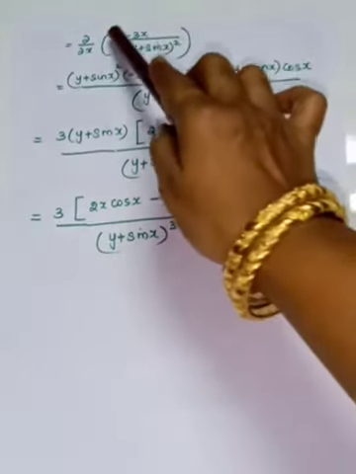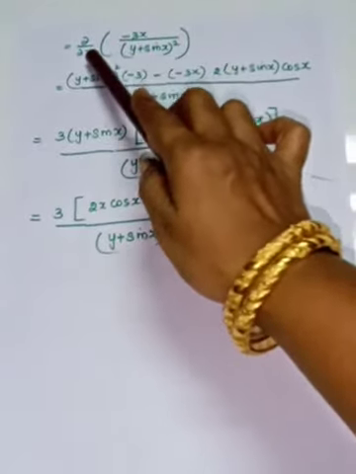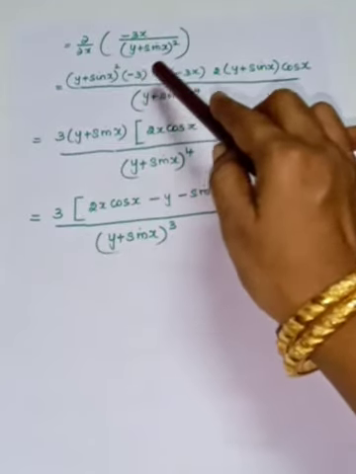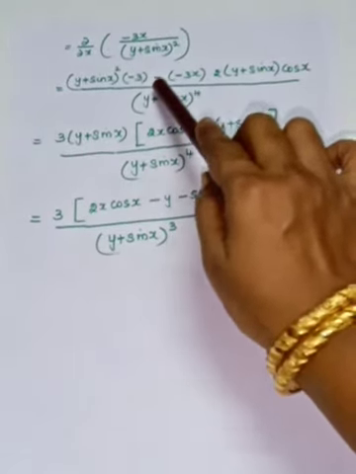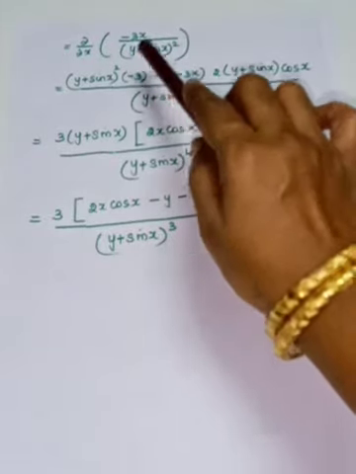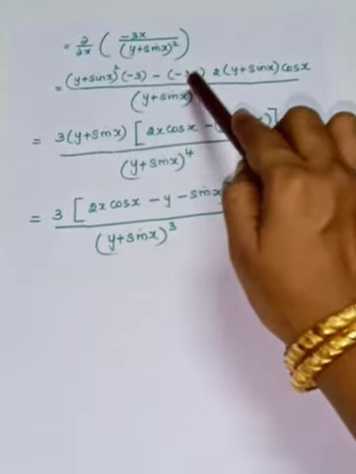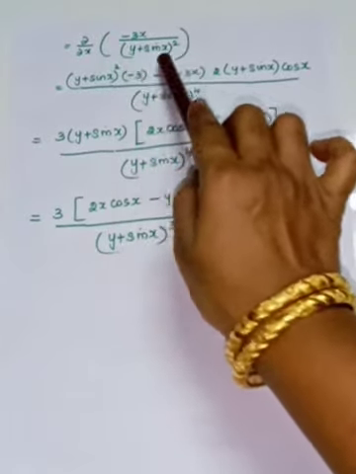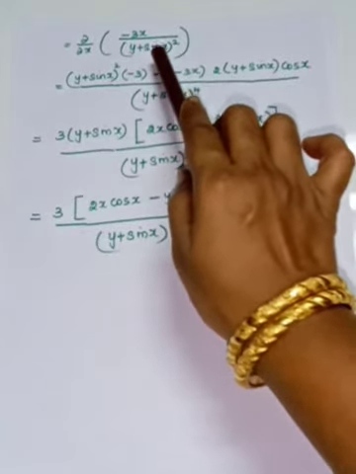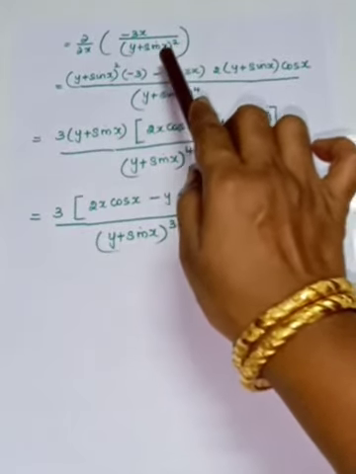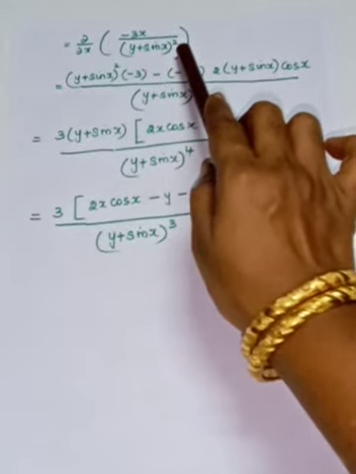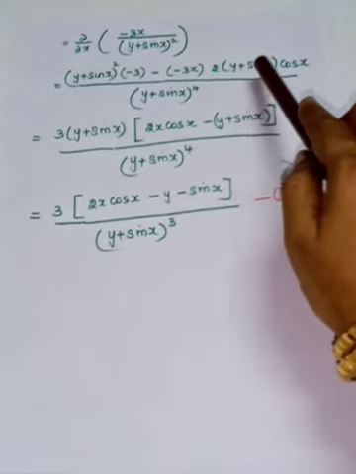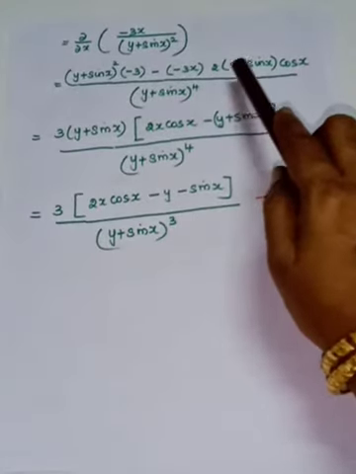Okay, and U has to be differentiated with respect to x. So minus 3 is a constant. The differentiation of x is 1. Then quotient rule, in between in the formula you will have minus. So minus is written. And minus 3x has to be written as it is. U has to be written as it is. Then what you have to do? You have to differentiate the denominator. So you have to use the chain rule. So in the chain rule, first you have to apply the power rule. So the 2 will come to the front. 2 into y plus sin x. 2 minus 1 is 1. So y plus sin x.